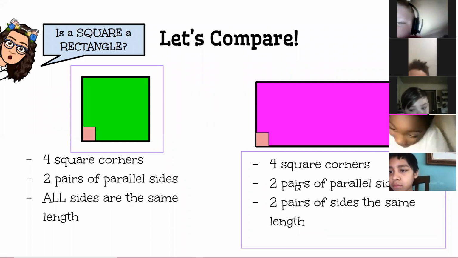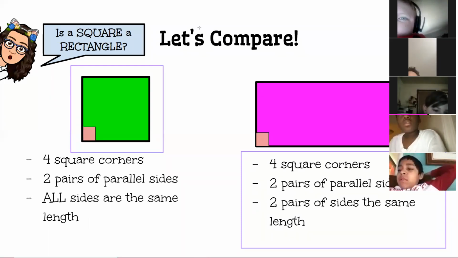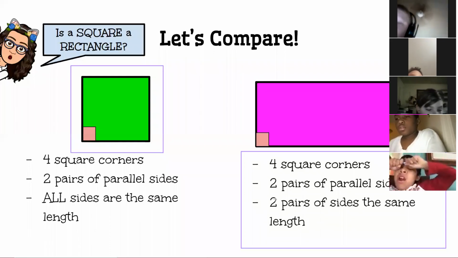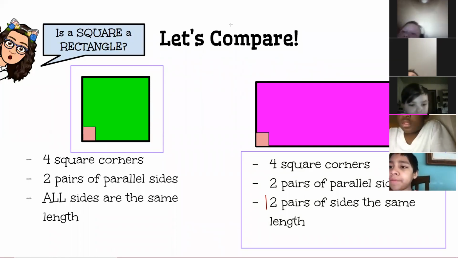Okay, yes. So we know a square has 4 square corners and 2 pairs of parallel sides. The one thing I wanted to focus on, so those are good risks, good answers, was that a square also has, oh, that's not what I want. A square